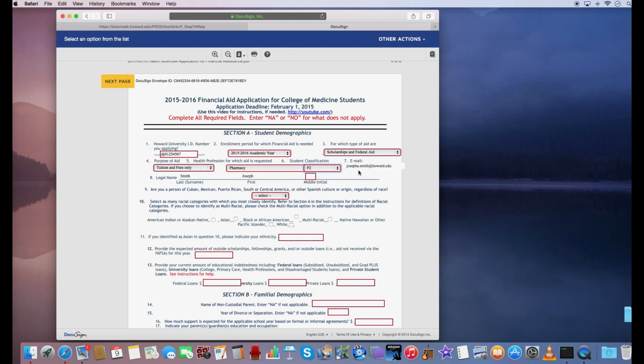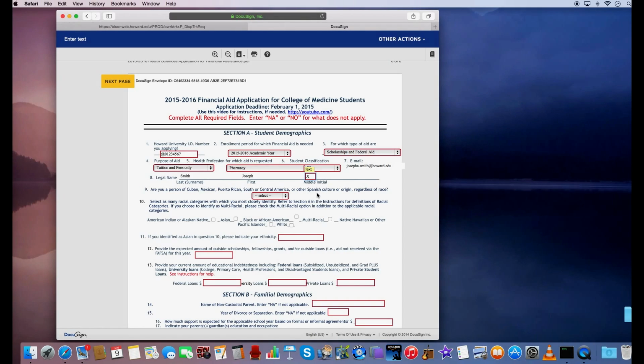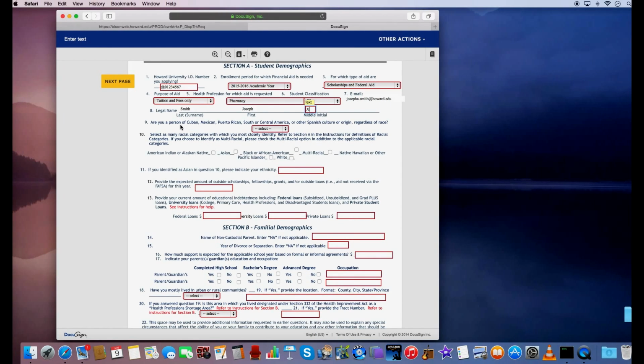The email address that you provided is automatically populated here, in addition to your first and last name. What we won't have, of course, is your middle initial, so you can just put that in there, and I'll do that. The next question